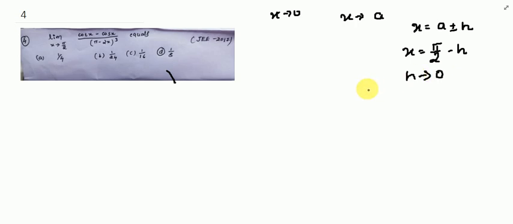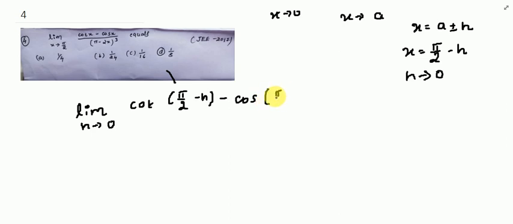Therefore, let me rewrite this problem as the limit as h tends to 0 of cot of (pi by 2 minus h) minus cos of (pi by 2 minus h) divided by,